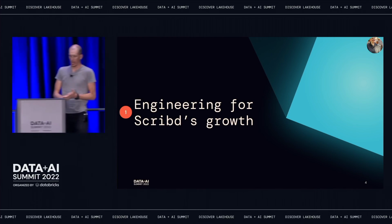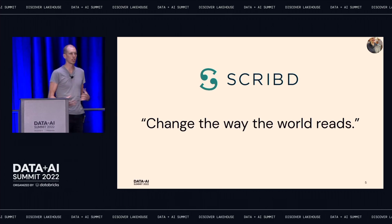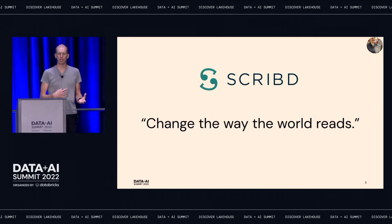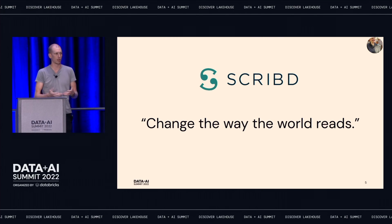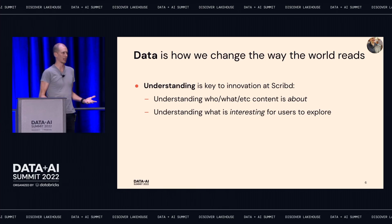Yeah, so at its core, Scribd's key mission is to change the way the world reads. And what this means from a practical standpoint is we've pulled together a lot of audiobooks, books, documents, very mixed types of media to bring information, educational content, news and current events content to our users, and bring that all together in one platform. At the core of this, we have a tremendous amount of data. Scribd is a